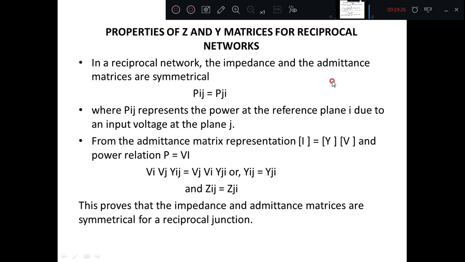Where Pij represents the power at the reference plane I due to the input voltage at plane J. Similarly, Pji is the power at the jth port with respect to the voltage at plane I. From the admittance matrix representation, as in two slides back, we defined Y